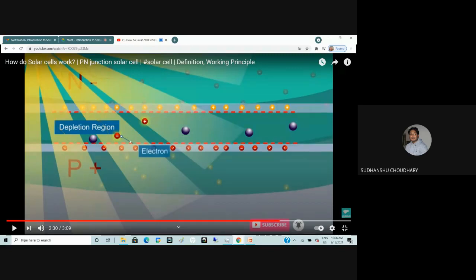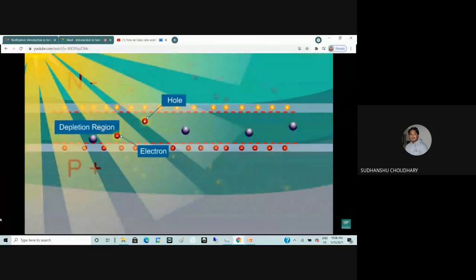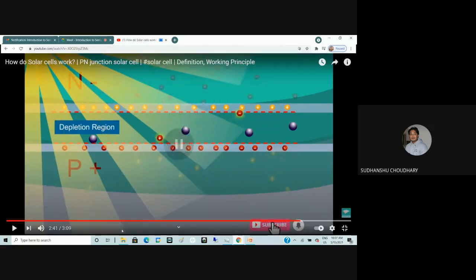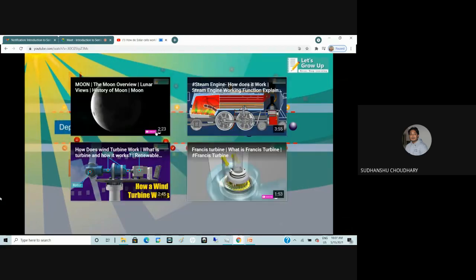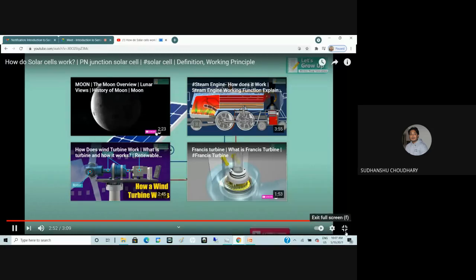Right? So electron hole pairs are created, leaving the holes behind and producing free charge carriers. Then, the electrons move towards the N-type layer and the holes move towards the P-type layer due to the electric field. So electrons and holes which are free now have to be separated. The excitonic pair has to break and the electrons and holes will be collected at the leads. That is, electrons will go to the N-type layer and holes will move to the P-type layer due to the field present in the depletion region. On connecting an electronic circuit, the electrons flow through it, generating electricity for electrical devices like bulb, fan, etc.